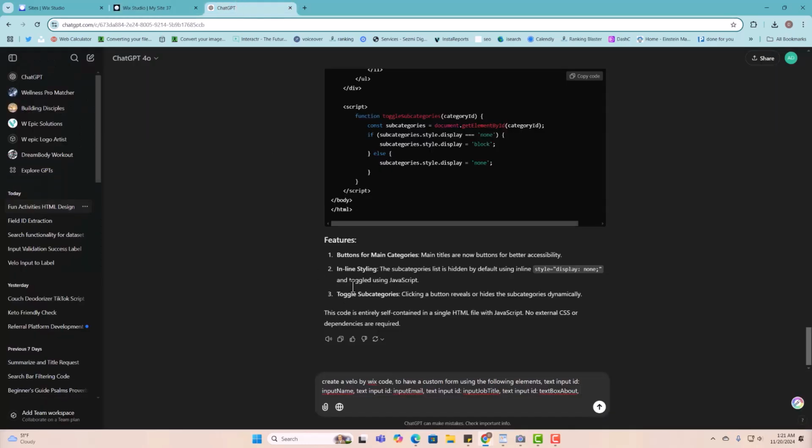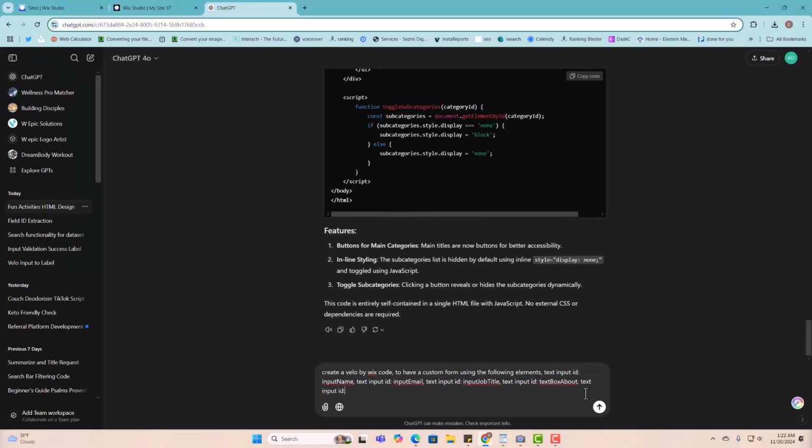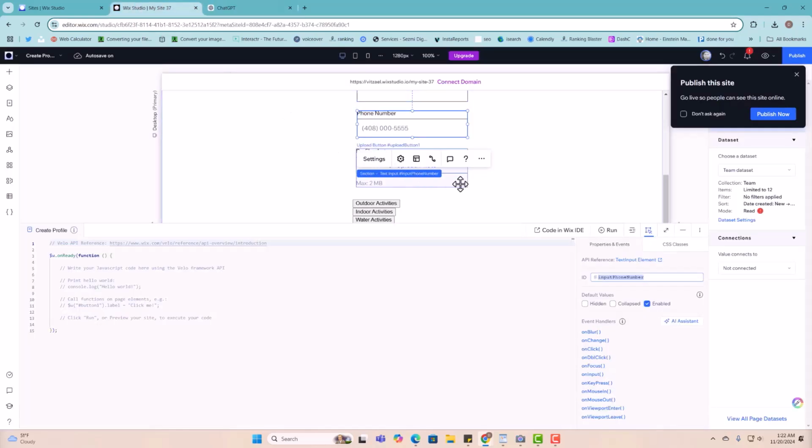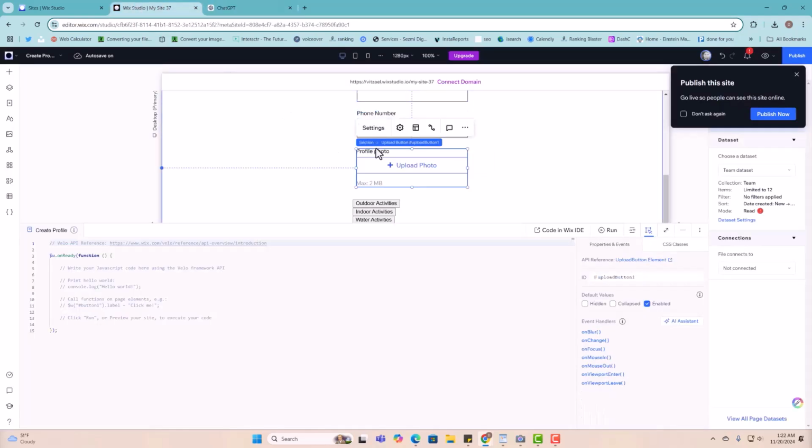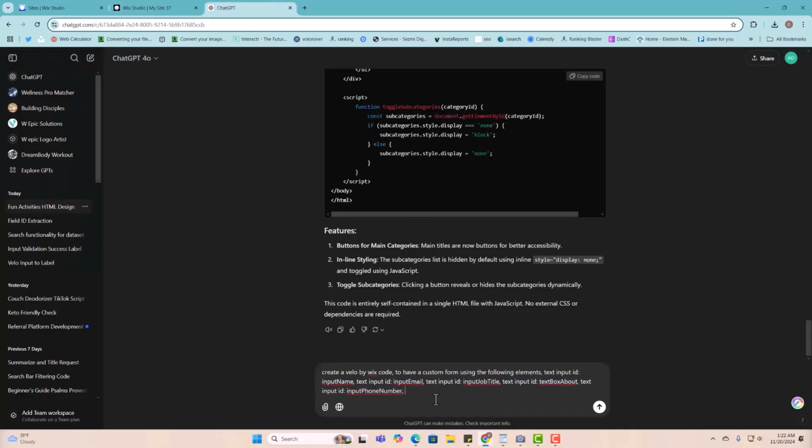And then there's also text input ID, comma. And then we have a button. So as you can see here, this is upload button. And this is gonna be upload button. I'm gonna name a BTN profile. And then we're gonna copy that and upload button ID, comma,